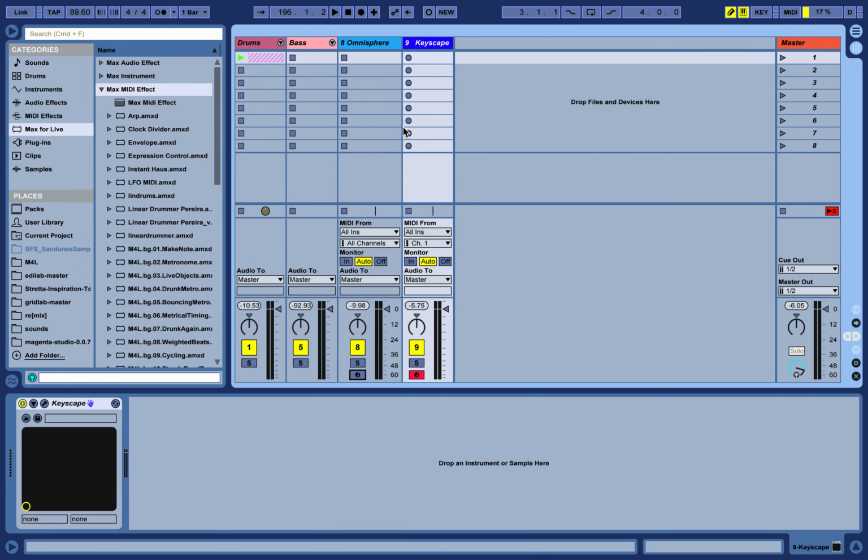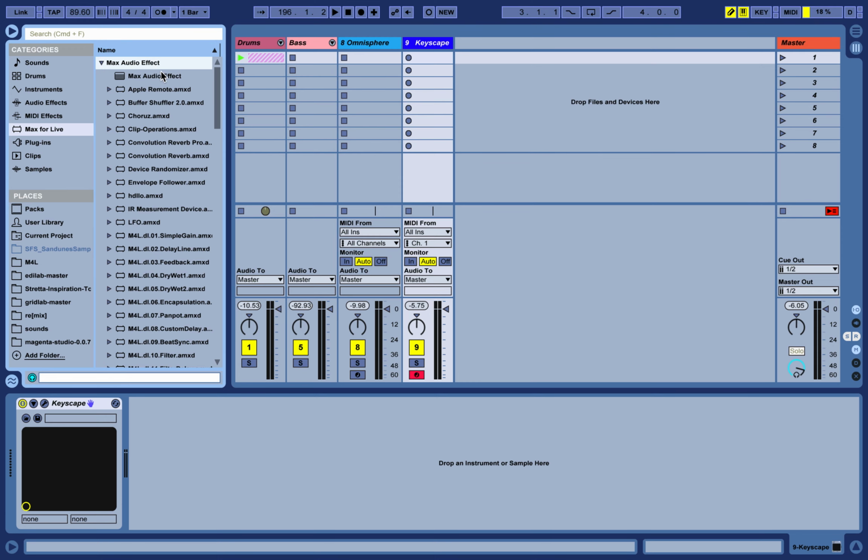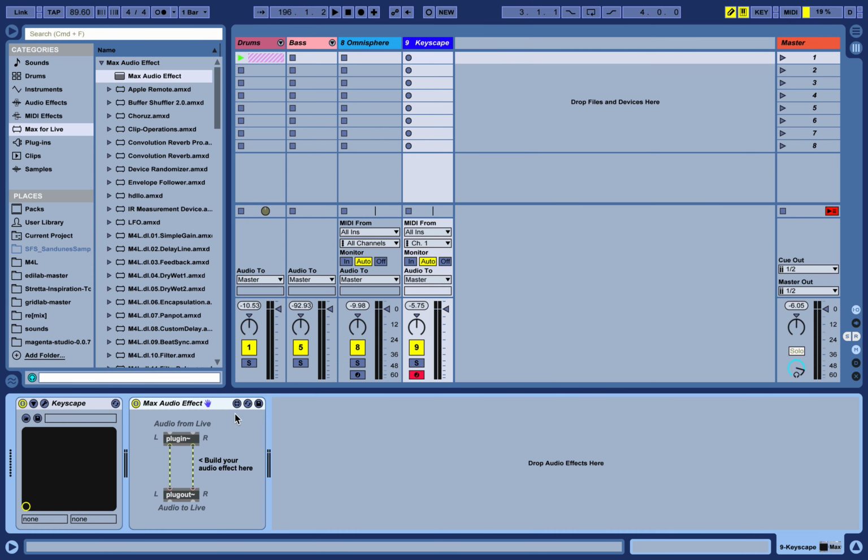So now we're going to learn how to make a simple delay in Max for Live. For that, you need to go to the Max for Live tab on the left hand side in Categories and Live, go into Max Audio Effect, and drag in the template for Max Audio Effect. I'm putting this after Keyscape, which is just like